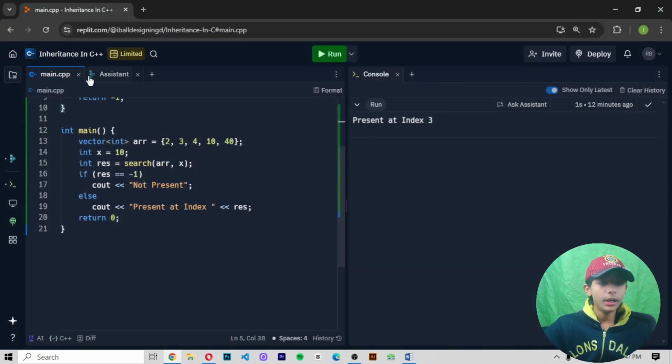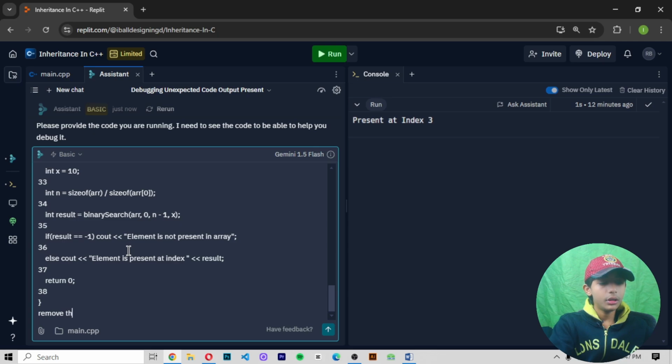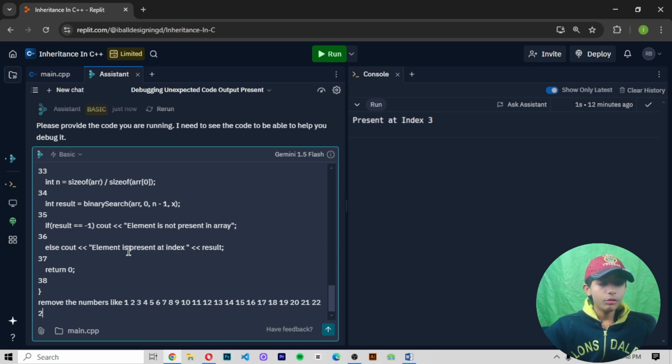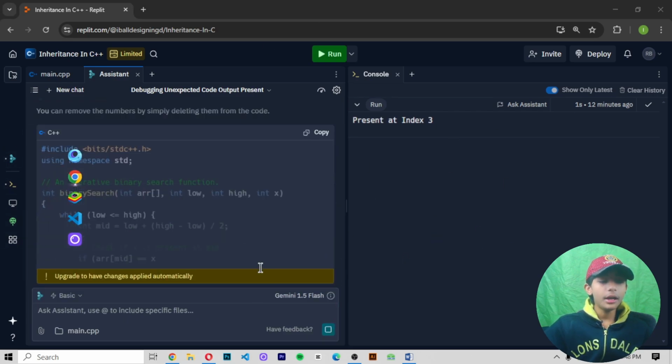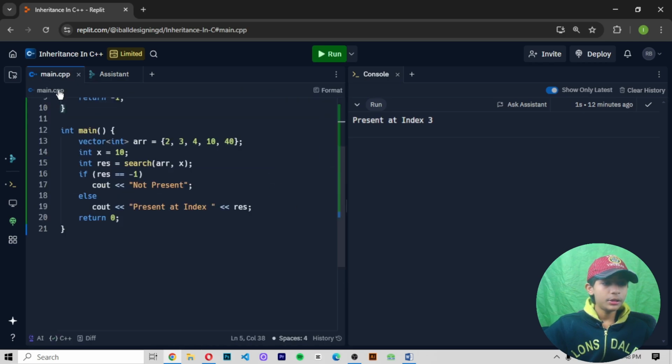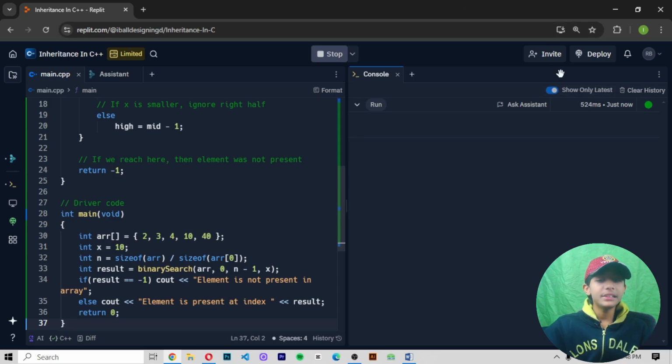Now I am removing the line numbers from the code, and it will take a little bit of time. Then I copy it and paste it, and let's see the output.